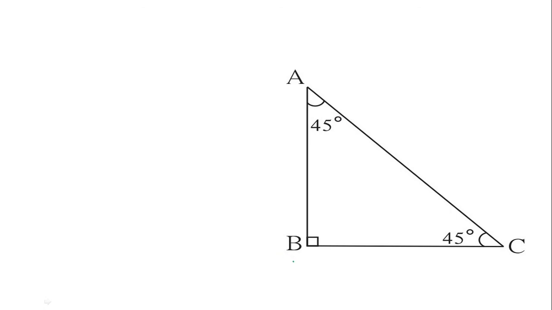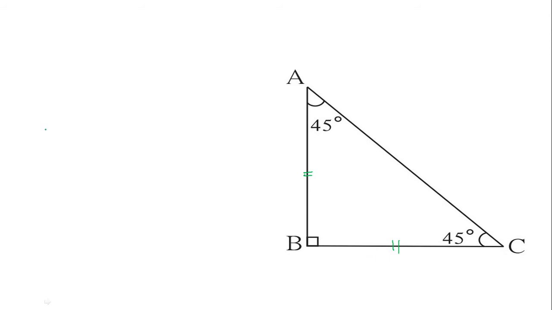Okay, now let's do this also. Like I said, students, for this the base angles are the same, like angle A and angle C are 45 degrees and angle B is 90 degrees. Okay, that is a right angle. So the sides which are opposite to the congruent angles. Now opposite to C is AB and opposite to A is BC. So this AB and BC are going to be of the same length.